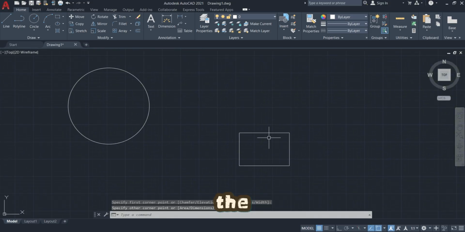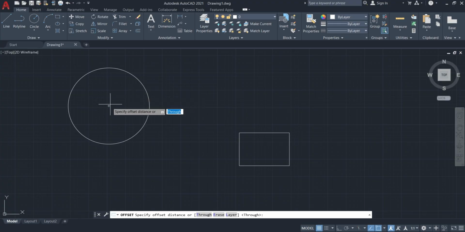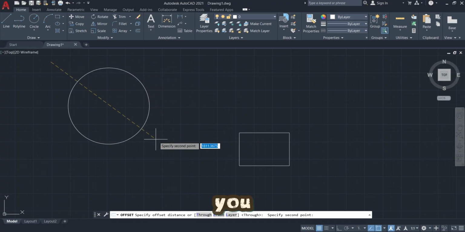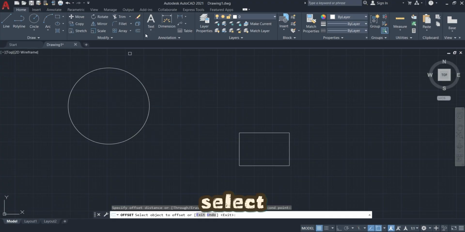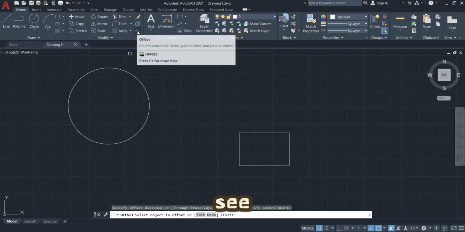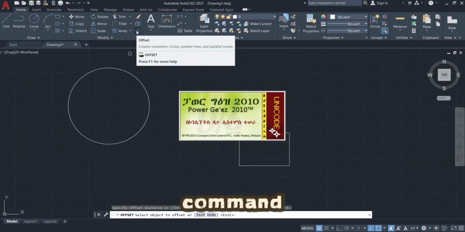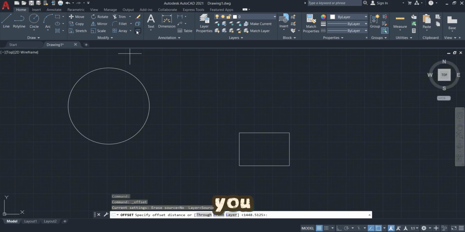After you draw your offset, so you have to select offset from the home page. As you can see, this is the offset command. If you select it, you can